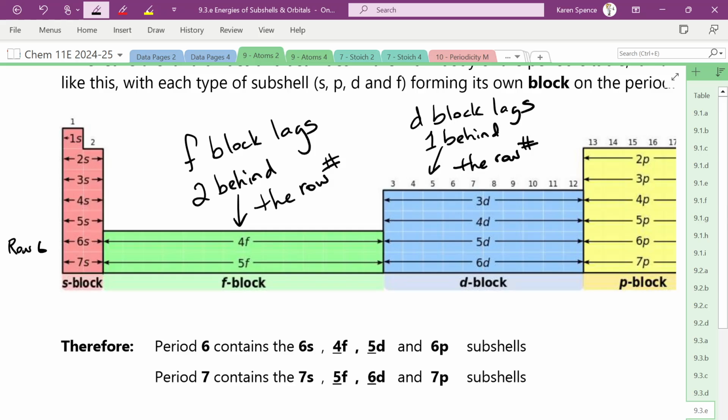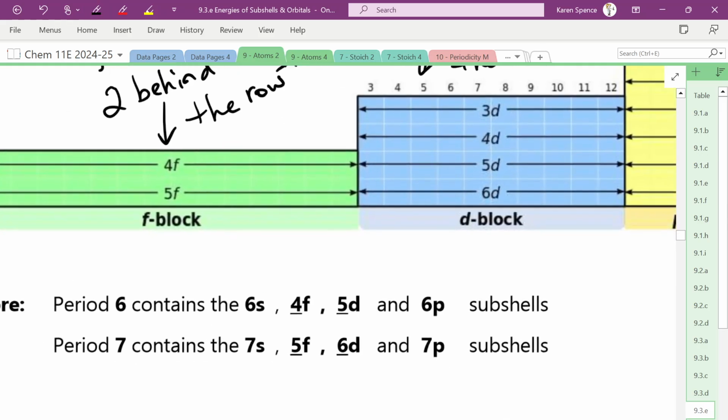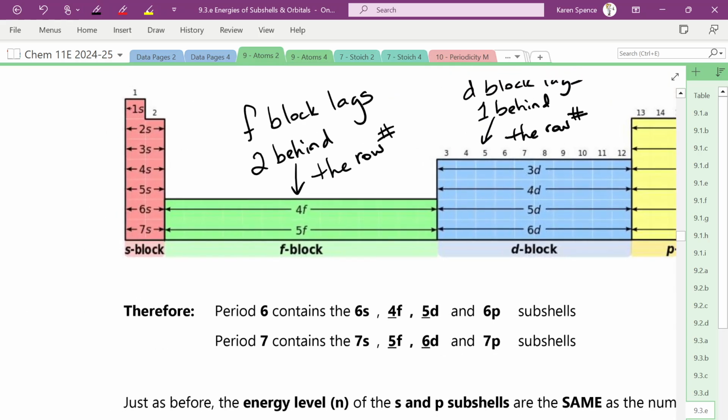So period 6 goes 6, 4, 5, 6. Period 7 goes 7, 5, 6, 7. S, F, D, P. S, F, D, P. Okay? And what that means is that when you are writing an electron configuration, let's say we went to this element